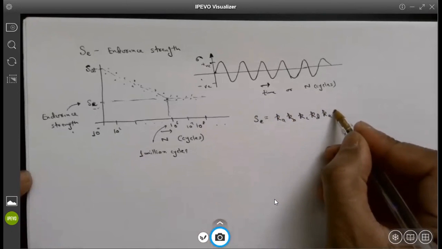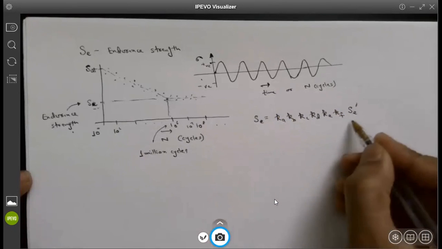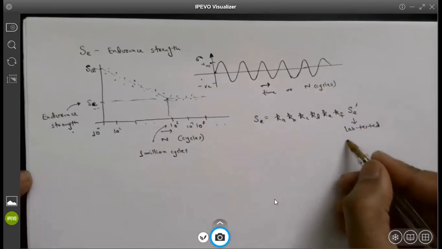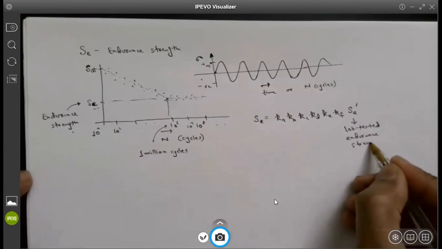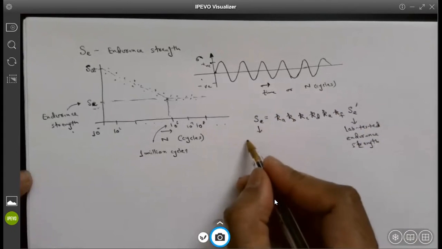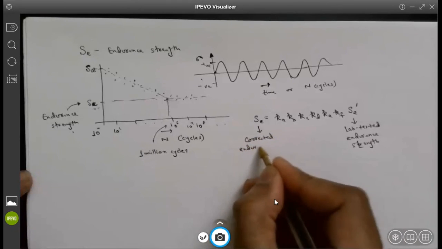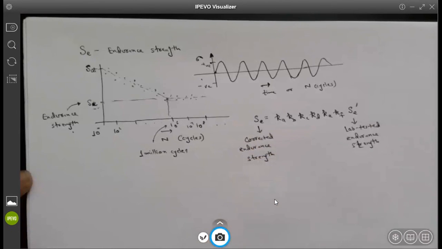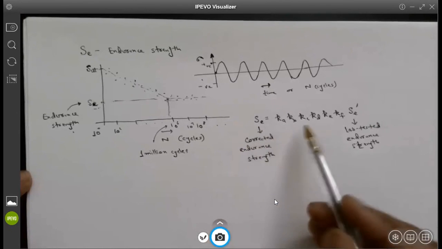I believe there is some other factor. I don't remember whether Kf is there or not. Sc prime. This is the lab tested endurance strength. And this is the corrected endurance strength. So when you have to use the endurance strength in your calculations, you have to